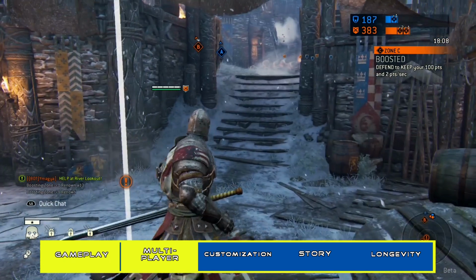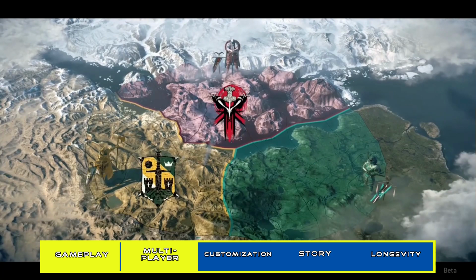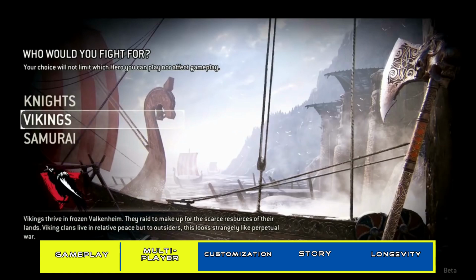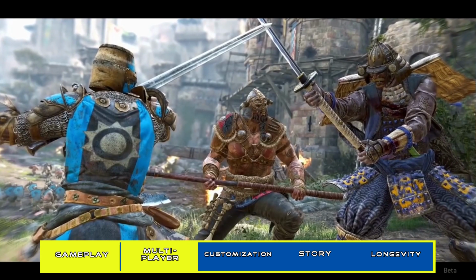So then, the War of the Factions. The War of the Factions is the in-game metagame of For Honor, and it is the game's representative for the overarching story of the game. The endless war between the Knights, Samurai and the Viking factions. Players swear fealty to one of the factions when starting the game, and every online game that they participate in